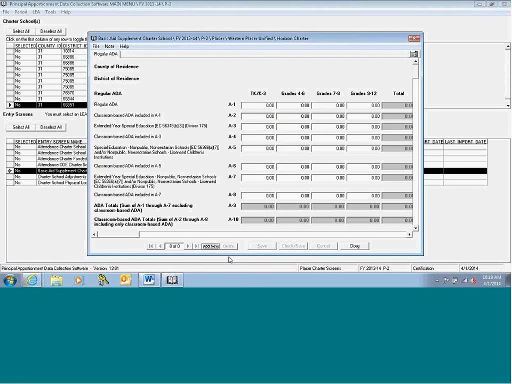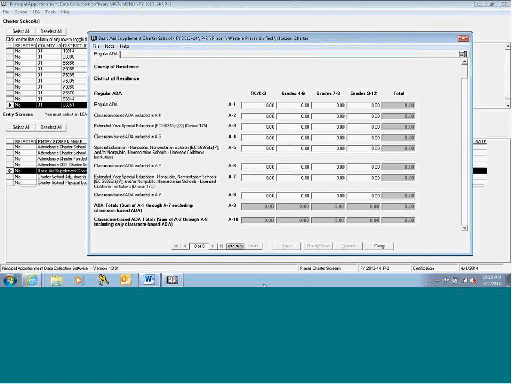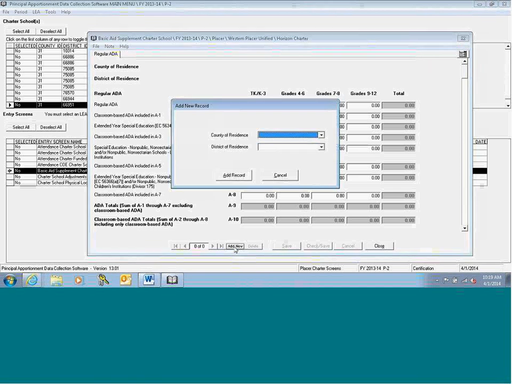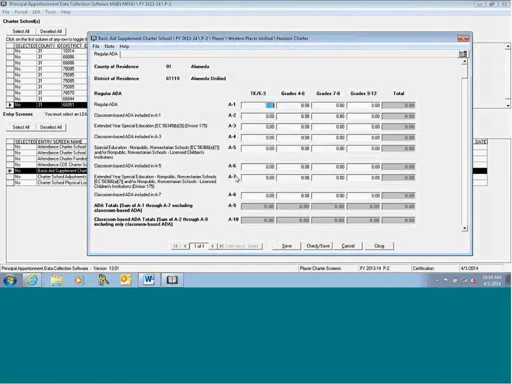This screen looks like the other screens we've already previewed. It's the same grid format. It's a multi-record screen, meaning you have to enter information by district or residence, so you must add a separate record for each district. This screen is used by charter schools to report ADA by district of residence if their school district is basic aid or if the district was taken out of basic aid status because of the charter